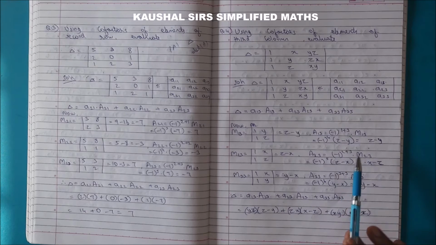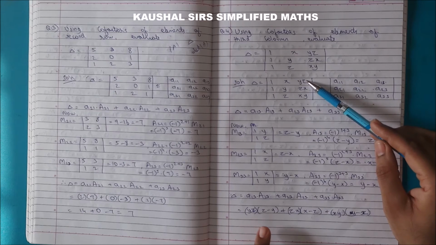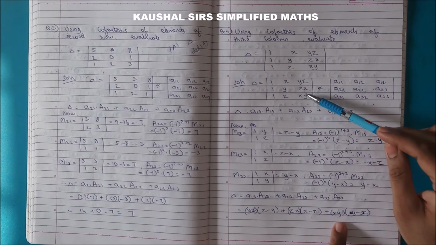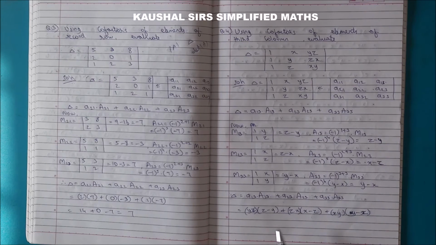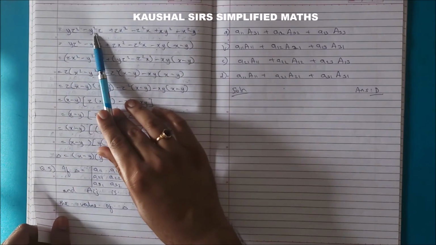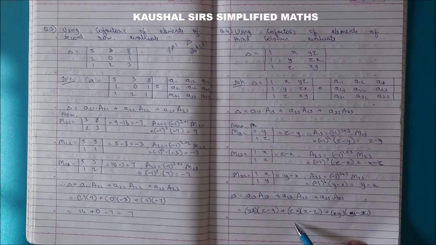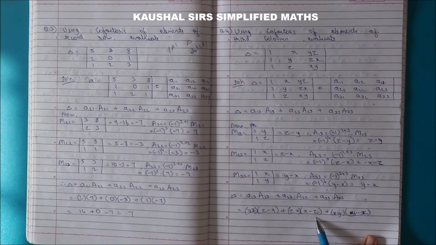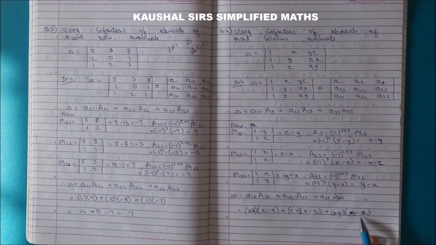Okay, so now we have got all the three cofactors. We write the formula again and we put the value: A13 into its cofactor plus A23 into its cofactor plus A33 into its cofactor. Okay, now students we need to simplify further. तो हम लोग क्या करेंगे? ब्रैकेट ओपन कर देंगे. तो yz multiplies here, so you get yz square. It multiplies here, so you get minus y square z. So yz square minus y square z. Then move ahead. Zx multiplies here, so you get zx square minus z square x. ये यहाँ पे multiply होगा तो xy square minus x square y.